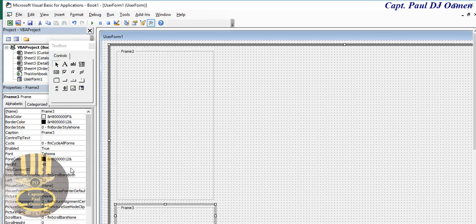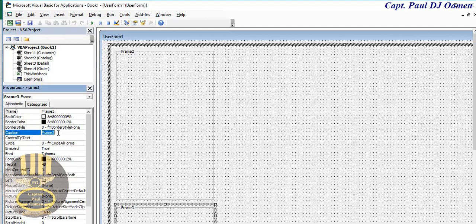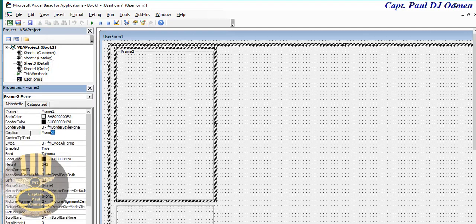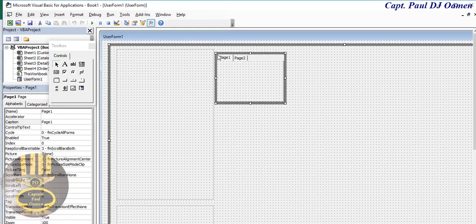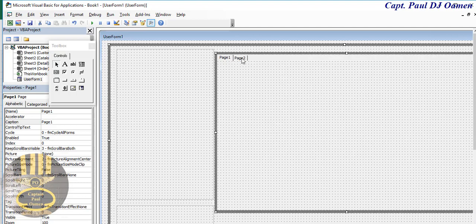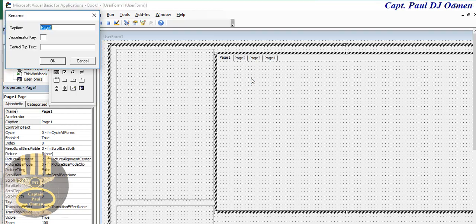There. Let's get rid of the text content we have in there. And this goes. And right beside it, I'm now going to add multi-page. And just drag. I would need about 4 of those. Right click to add new. And right click again. So we're going to change the name of this very first one. Right click and select name, and in there I'm just going to type in